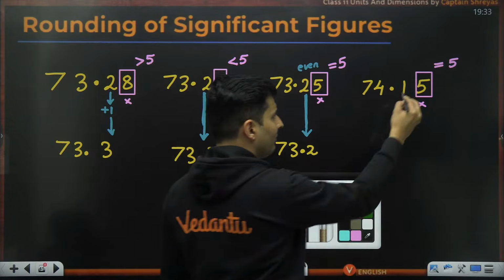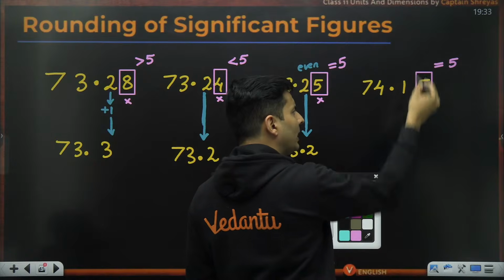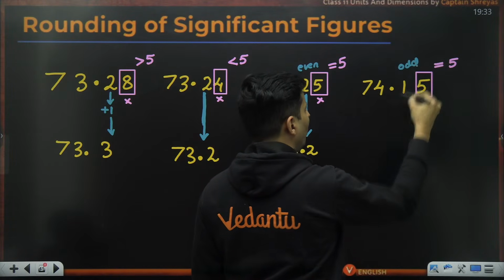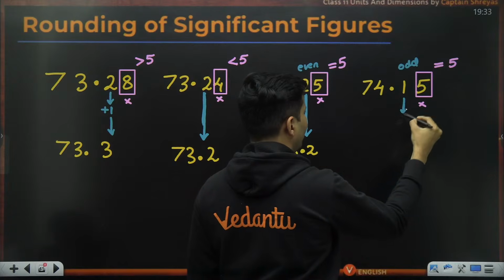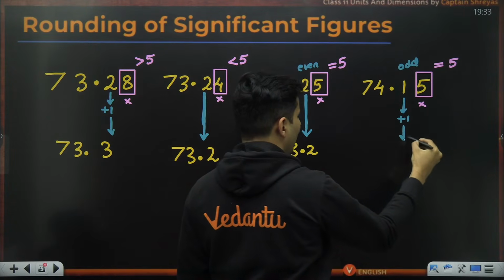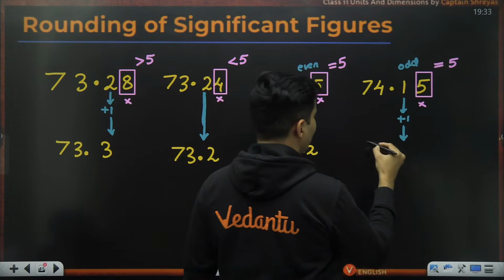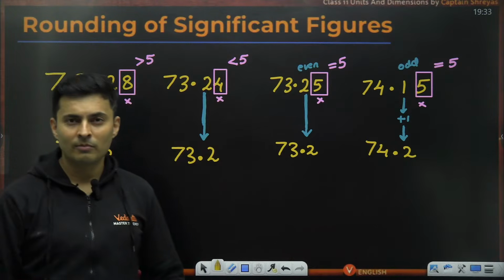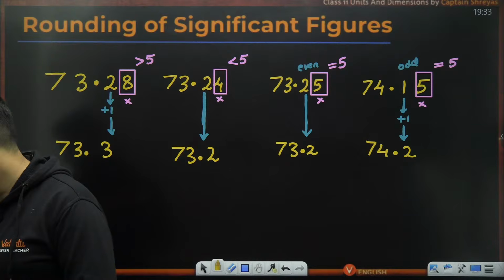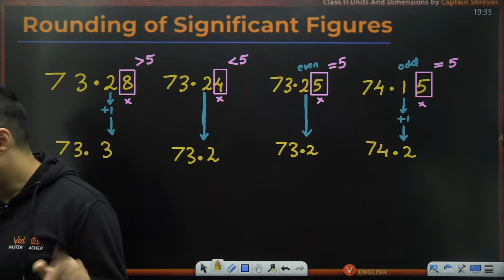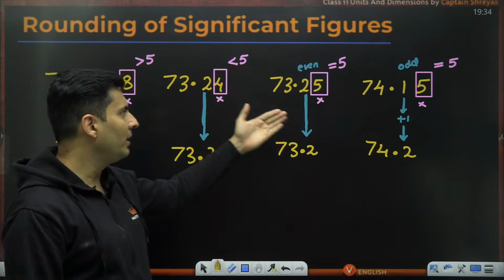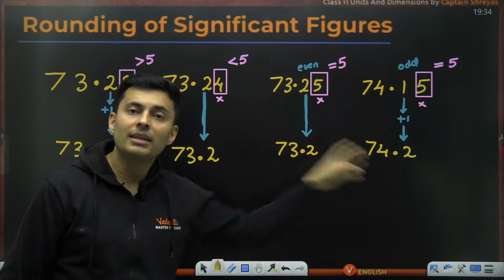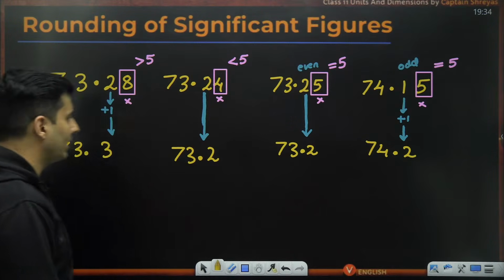So always make it even. Here, when you look at 15, it is equally close to 10 and 20. Look at the previous digit, it is odd. The moment it is odd, add 1 to it to make it even. So this will become 74.2. Is this absolutely clear how to do it? Very, very simple. So if it is exactly 5, which is where the main problem comes, you just try to make the previous digit even. That's all you are trying to do.